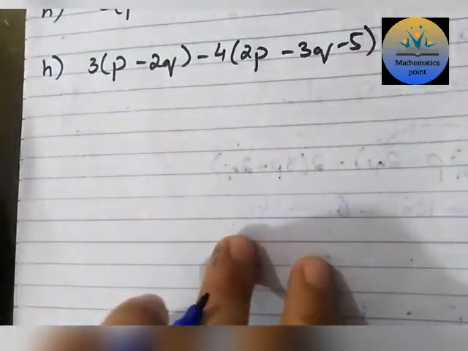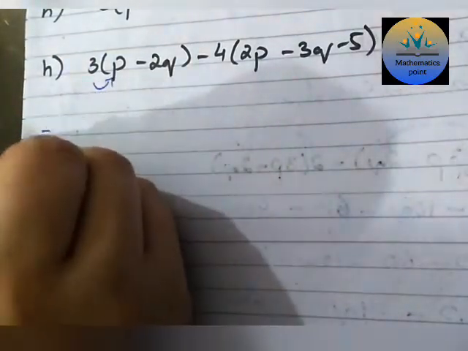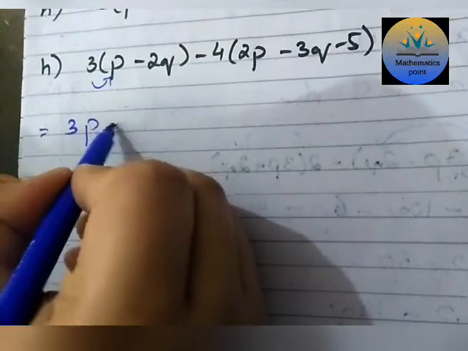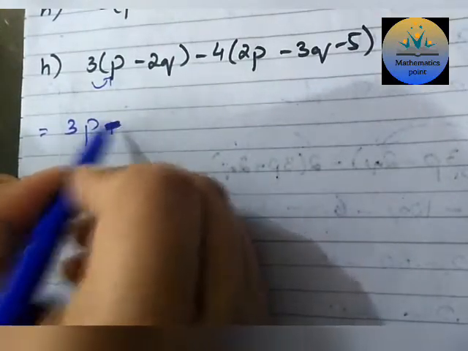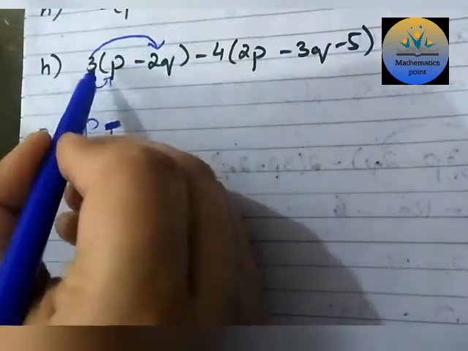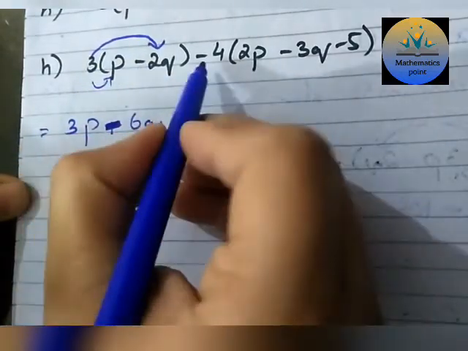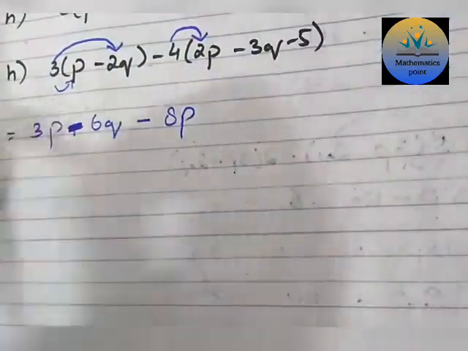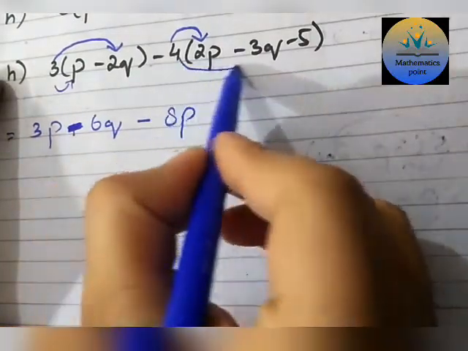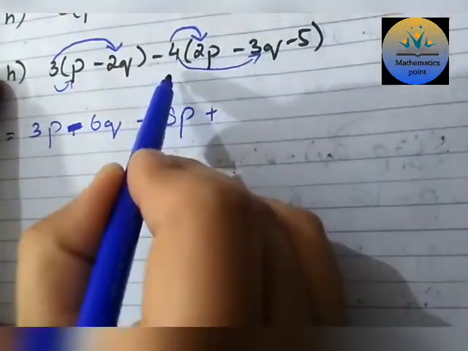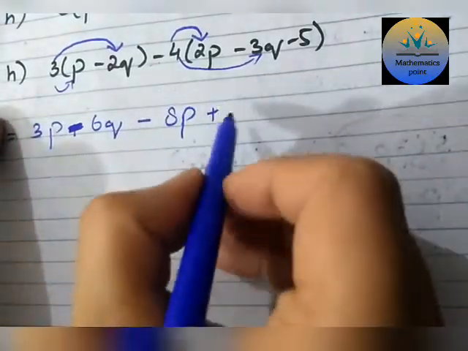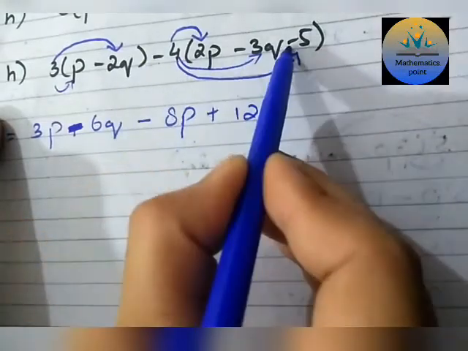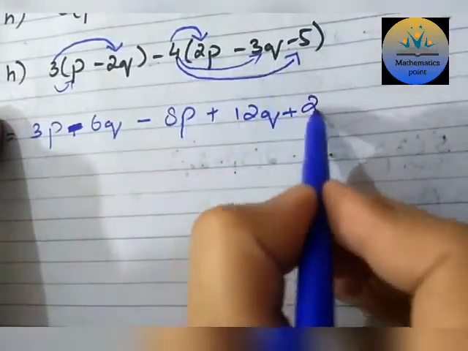Okay, part H. Apply the distributive law, students, again here. 3 times, what is the variable? p. Then plus minus, plus minus minus, this is minus. Okay, then multiply with the second term, 3 2s are 6q. Then now distributive law on the second expression, plus minus minus 4. Then we multiply with the second term, minus minus plus, in multiplication minus minus will become plus, and 3 4s are 12q. Then 4 with the third term inside the bracket, minus minus plus, 4 5s are 20.